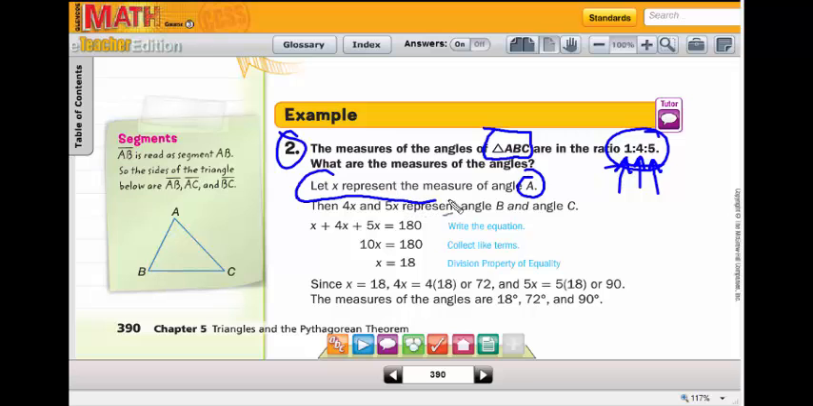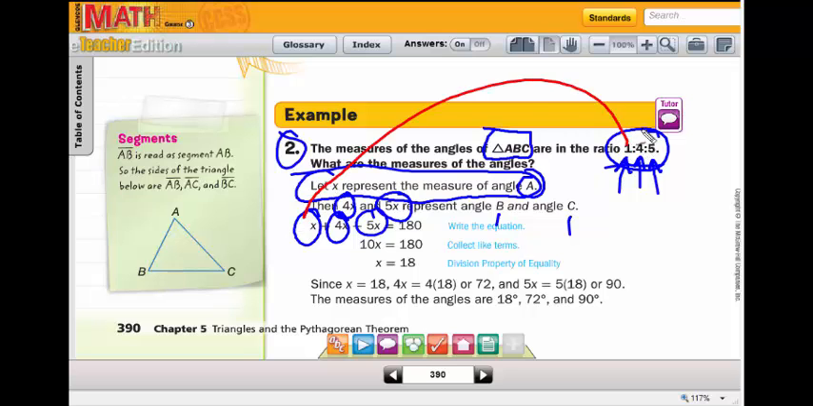So let x represent the measure of angle A. Well, then if that's the case, then 4x would represent the next angle, and 5x would represent the next, or in other words, angles B and C. So we have x plus 4x plus 5x. Notice where these numbers come from. We have 1x plus 4x plus 5x equals our grand total of 180 degrees. Well, 1x plus 4x is 5x plus 5 more x is 10x. So we have 10x equals 180 degrees, but now we need to divide both sides by 10, and we get